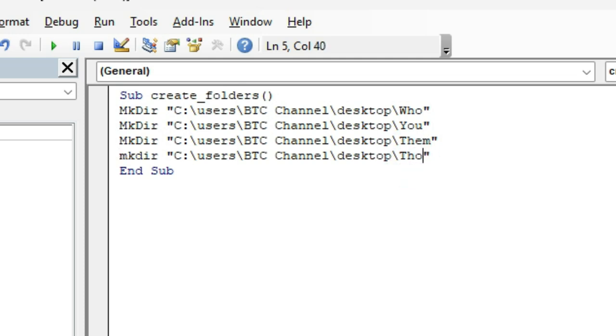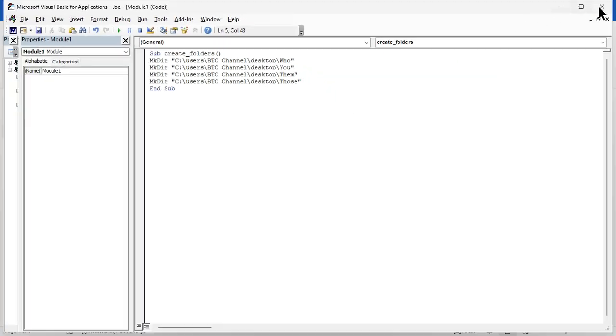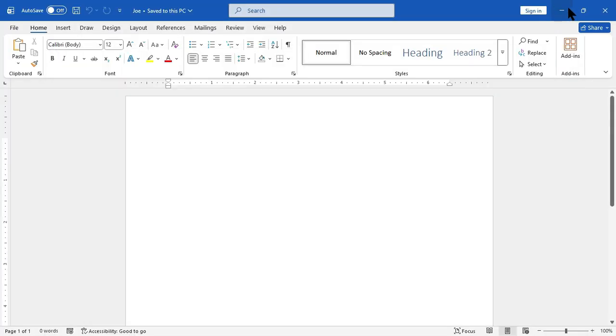Now at this point, if you want to create 2000 folders, 1000 folders, 10, 200, 100, it means that you have to copy this that number of times to have this done. I want to create 4 folders, so this is what I'm going to have. And when I'm done, I'll move to my keyboard and press the F5, which is the function key F5. Now when I close this or minimize this, and get access to my desktop, you can see that I have these folders created on my desktop,